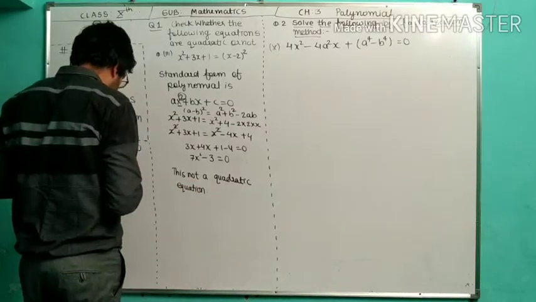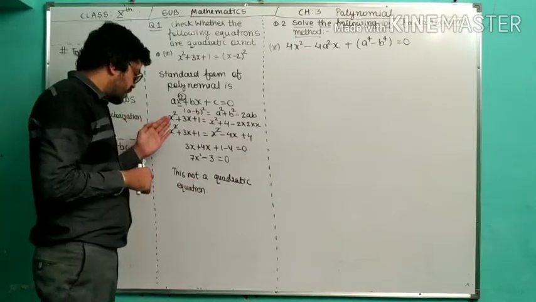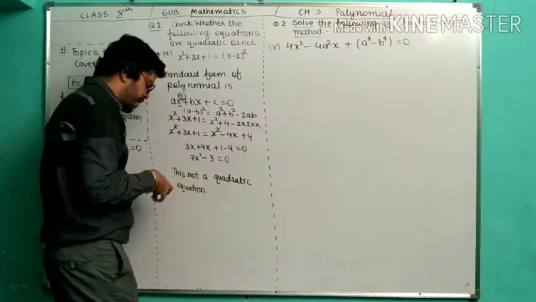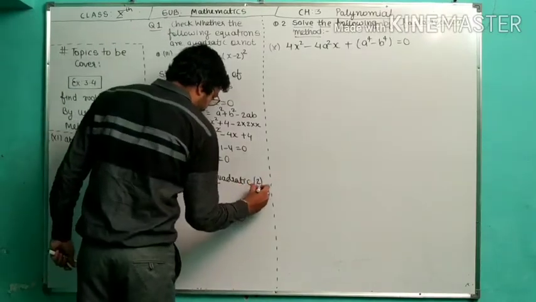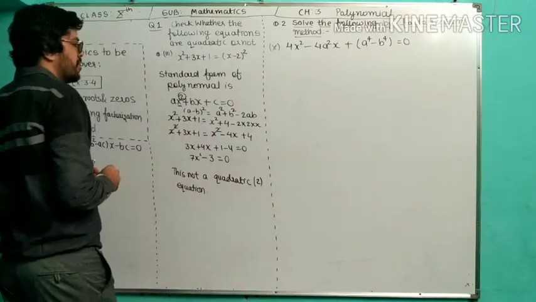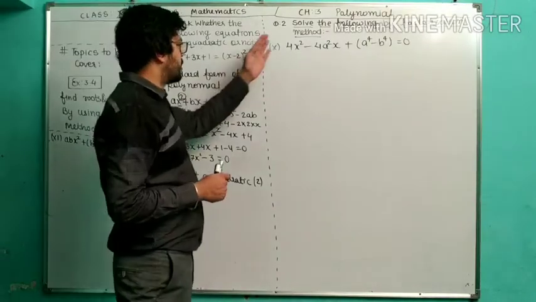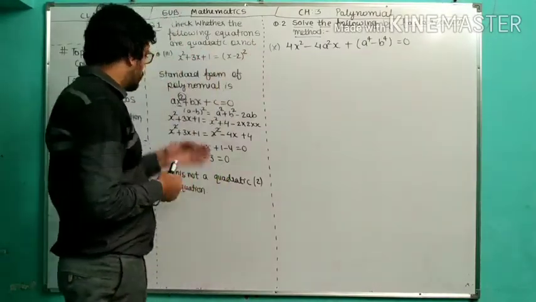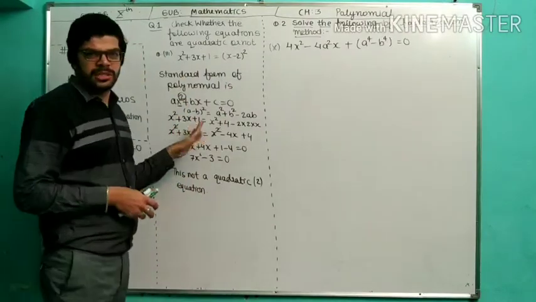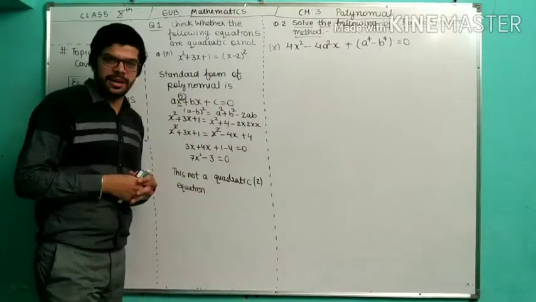Why is this not a quadratic equation? Because the power is not 2. Quadratic means the power is 2. This is the most important condition. Now we are talking about the next question. Hopefully you understood this simple calculation, and this type of question is basically not asked in the RBSE pattern and